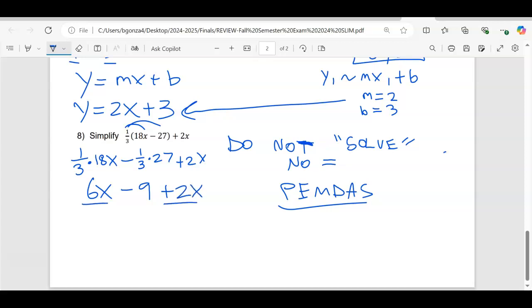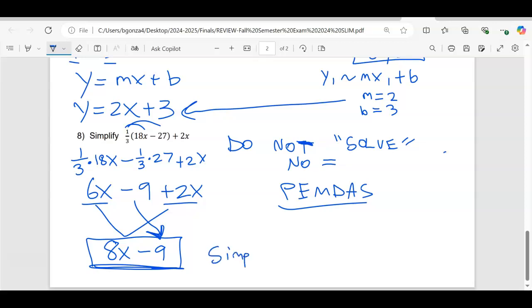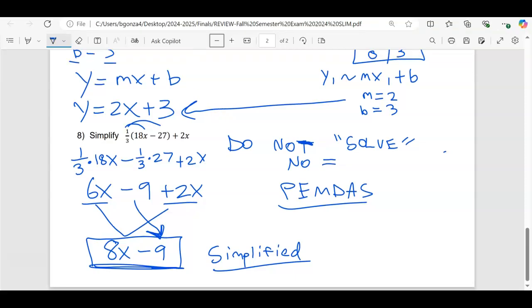Last step, if I have two x's, I can combine like terms. 6x plus 2x is 8x. Bring down -9, which has no x. That is it. That is simplified, not solved. Okay, that's it. Final will be just like this. We can do all these types